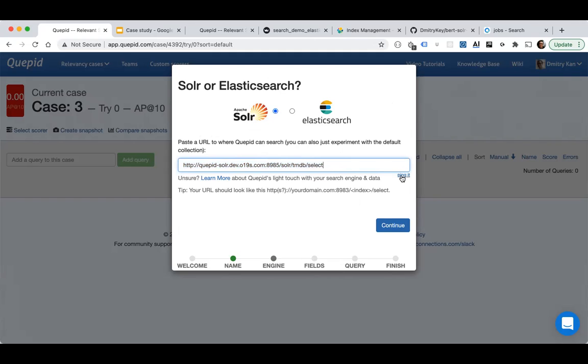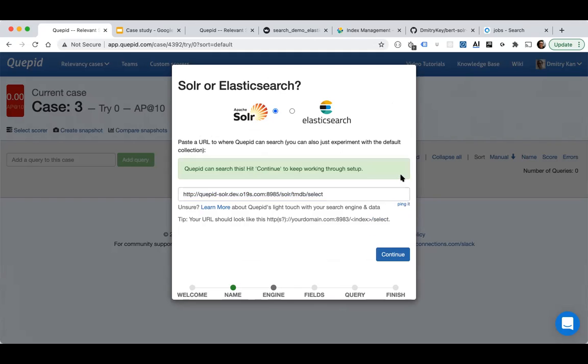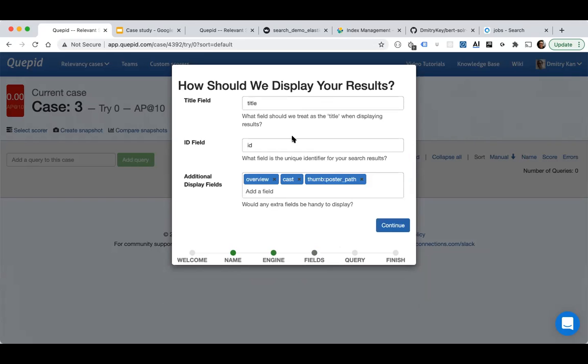You can additionally check that it works. You can click this little link, ping it, and it says, yeah, it's okay. If it wasn't, then it would show some red message that it's not able to connect. So now it says it can, so let's press continue. And in this dialog box, it asks me to